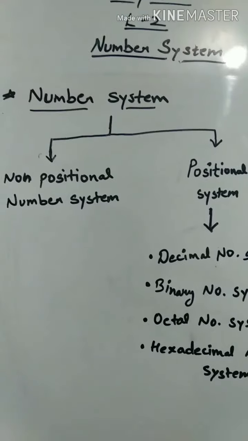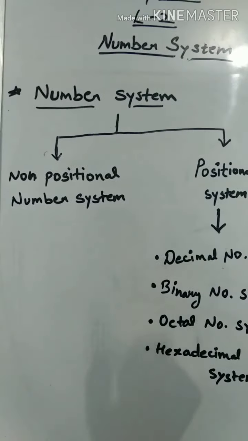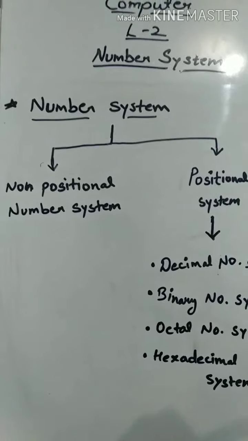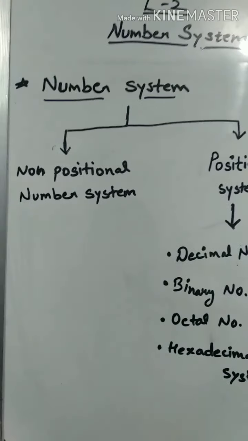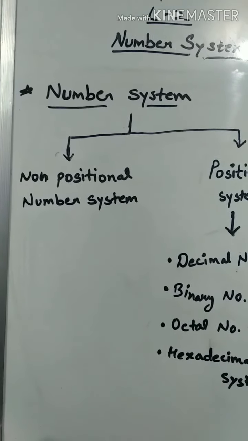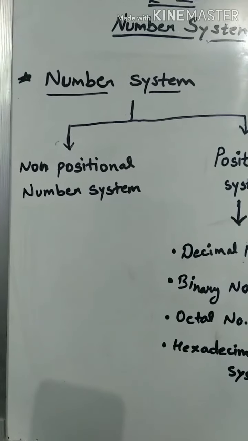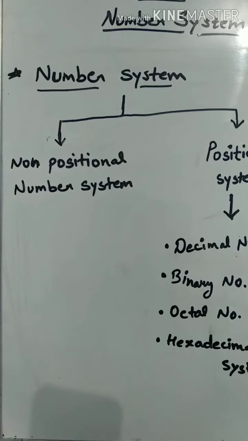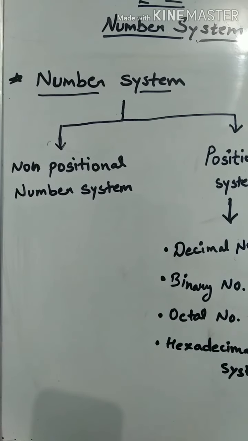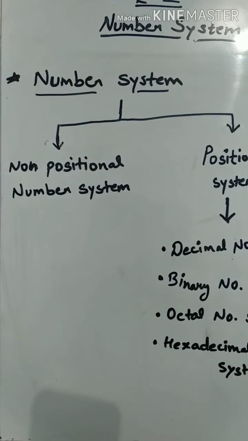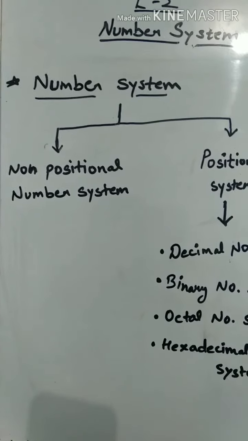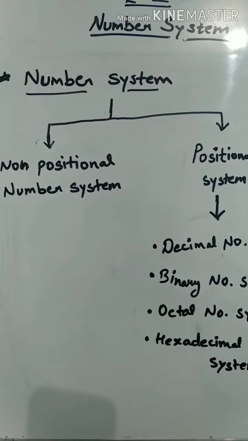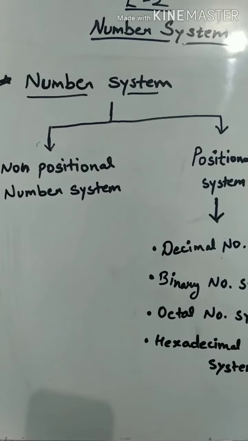Okay? Next topic is number system. Students, we all know that computer is a machine and understands only machine language. Therefore, characters have to be represented in the form of electronic pulses. Two pulses are used to represent these numbers. We have 0 and 1. 0 means absence of pulse, means no current. 1 means presence of pulse, means presence of current.